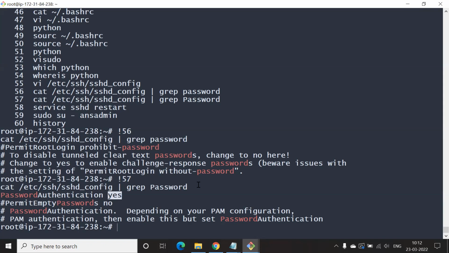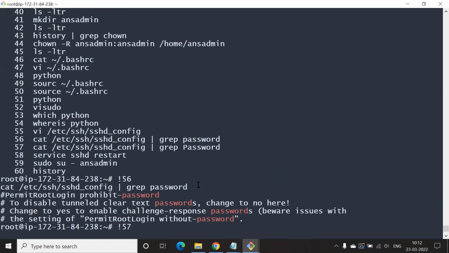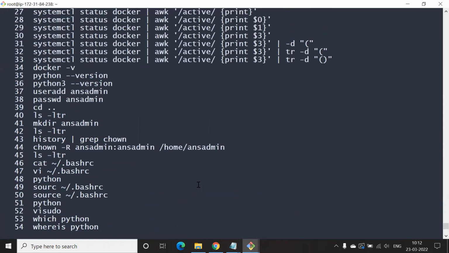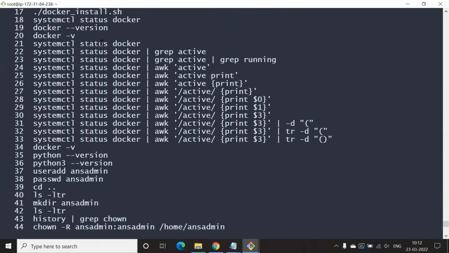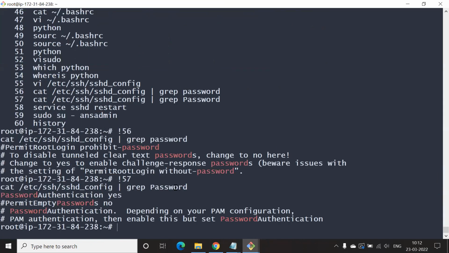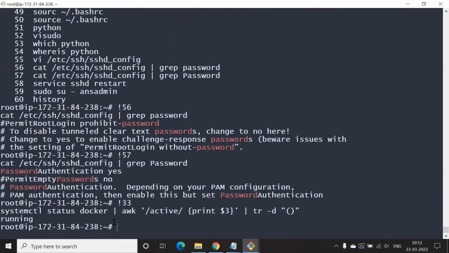Okay, come back here. Let's see systemctl status docker. If you scroll up a little bit, you had that systemctl status. Execute line 33, please. What's happening here?